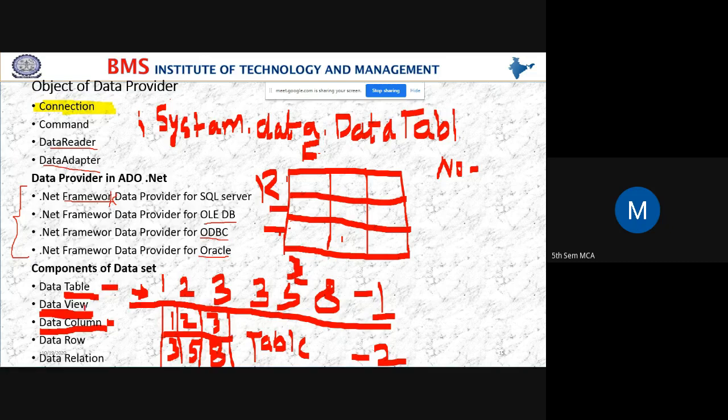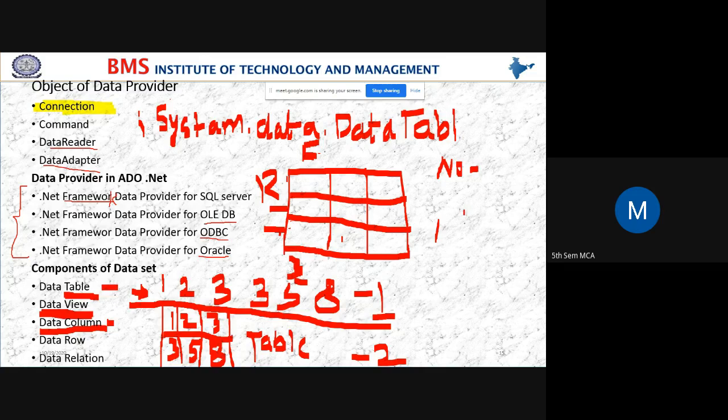Yes, this data row is used to insert values in a table, delete, evaluate, retrieve, and update. To do all these operations, we use data row in the table.